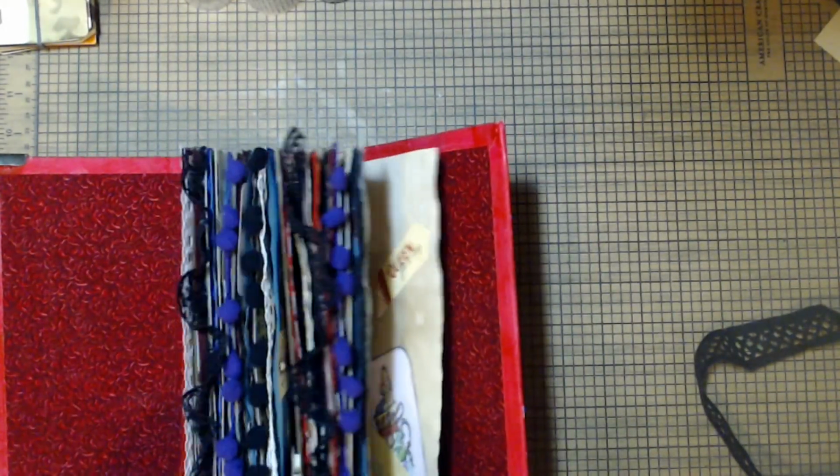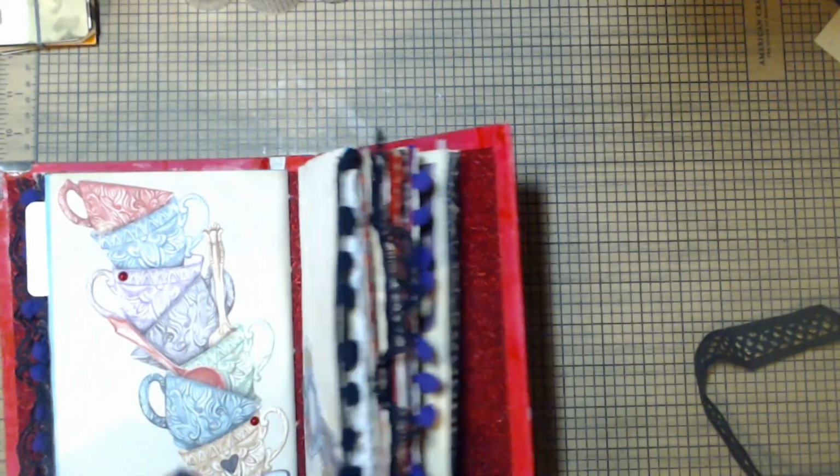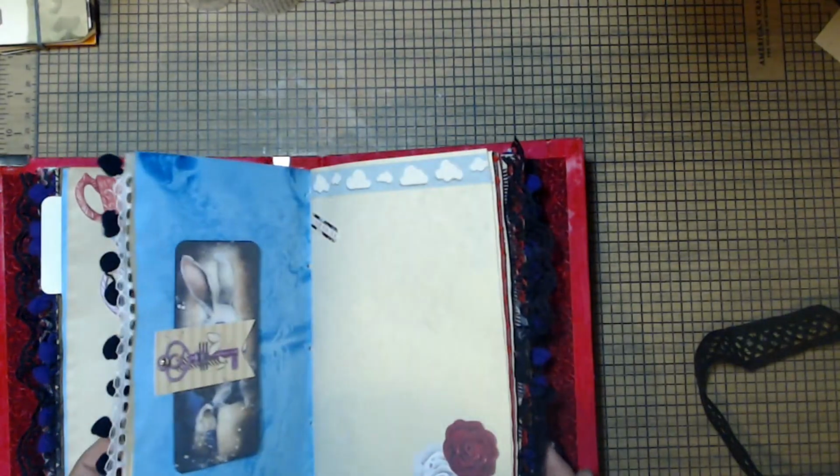Fabric inside. Beautiful lace on this one. Even has pom-poms. 2 big fat signatures on this one. Lots of tucks and things like that. And this one has a balance due of $32. So if you're interested in this one, it's $32. Lot number 35. Lot number 36